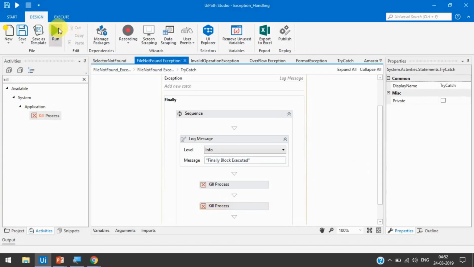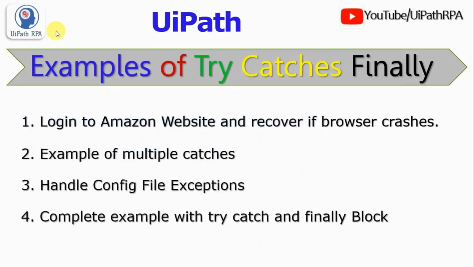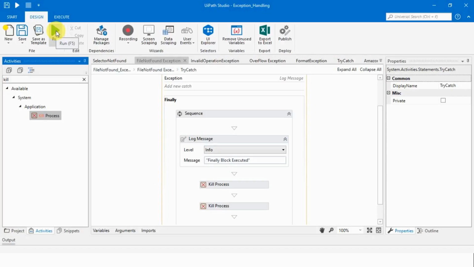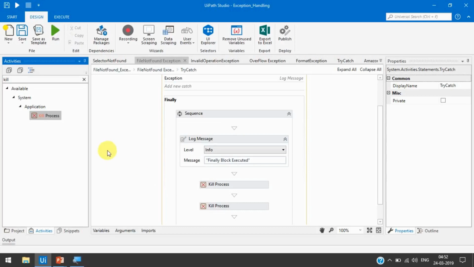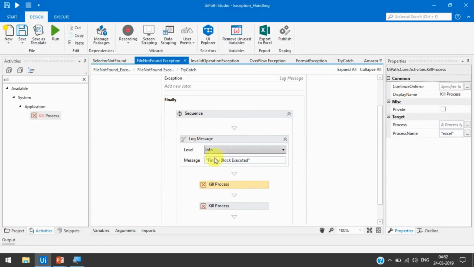Let's run this, and now we'll see here it will close the Excel file and the Chrome browser also. Okay, so now if you see here, the Chrome browser is not there and the Excel file is also closed, because of the use of kill process.